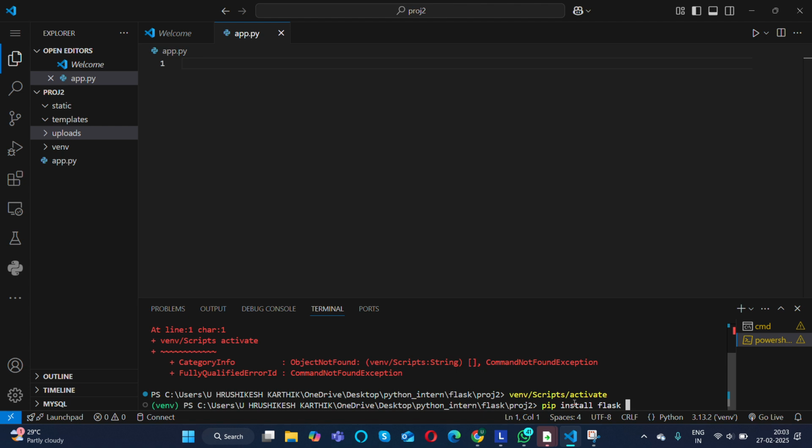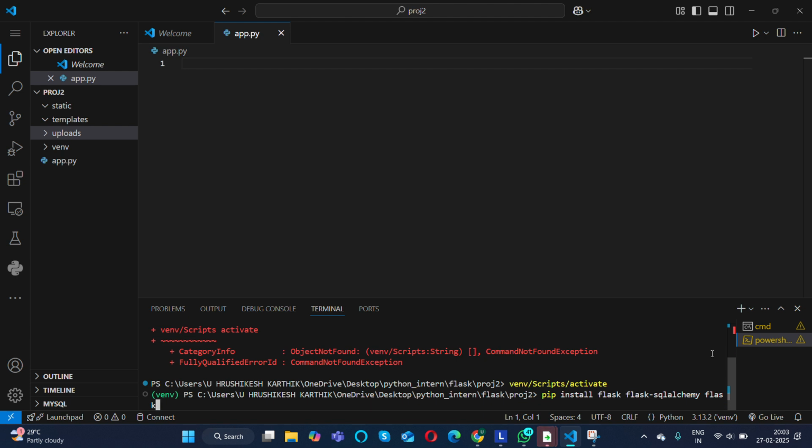See, I need to install two packages, right? I can give both of them in a single line, or there is another approach. First I'll show this, and later I'll show the other approach.